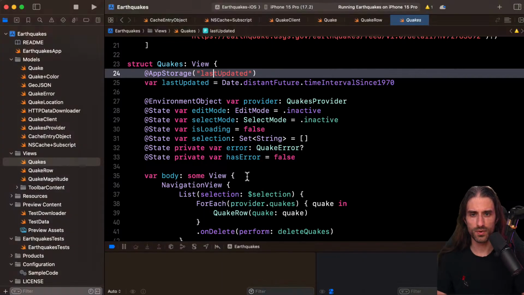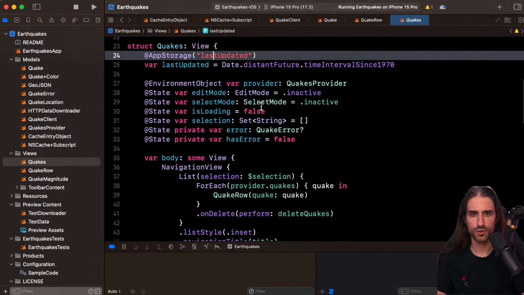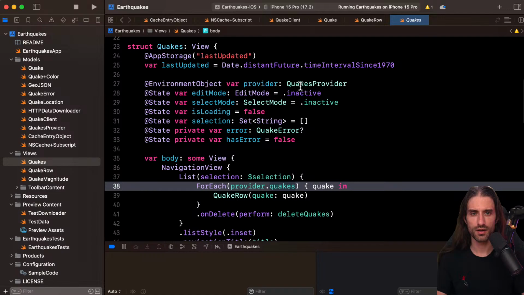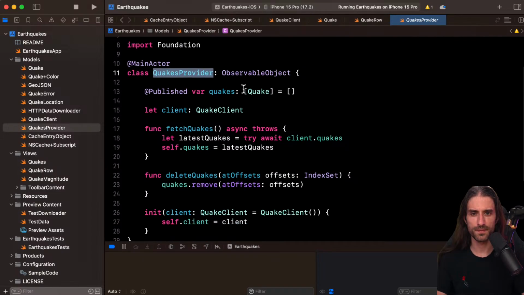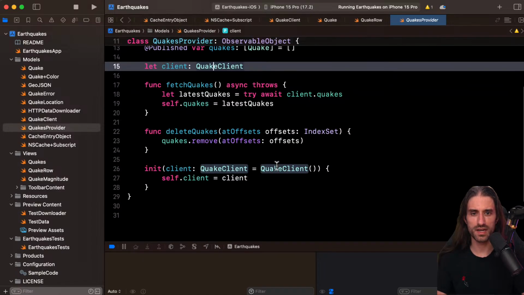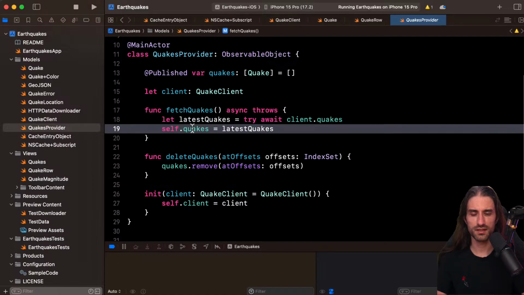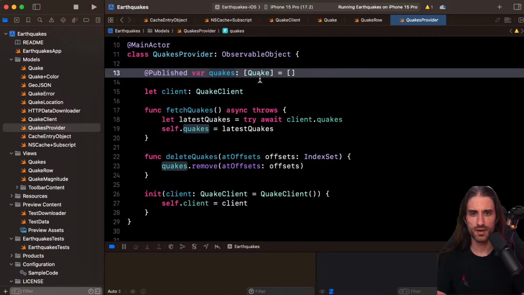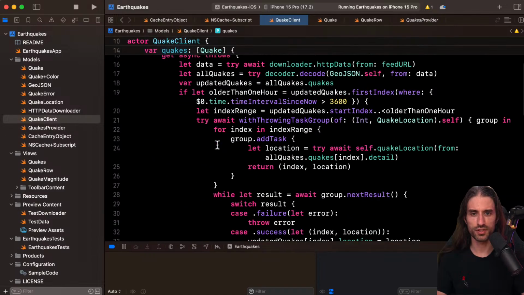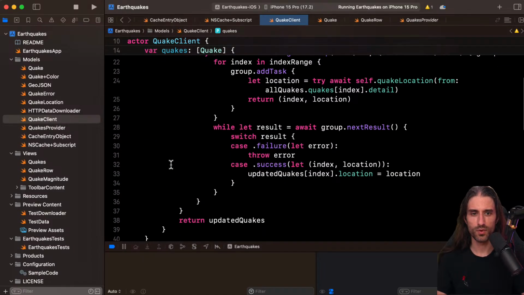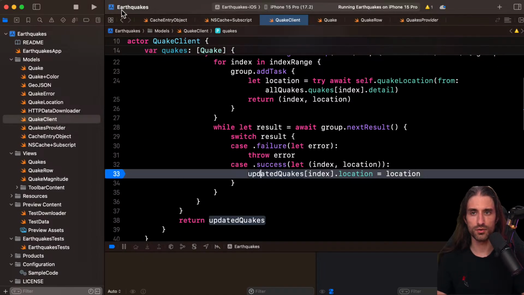Okay. So what's happening? We are showing provider.quakes. What's this provider? So it has this data. It has the quake client. Okay. Fetch quakes. So it gets the data here. You know what? What I'm going to do is go here in the property, and I want to see whether or not we enter this code right here.